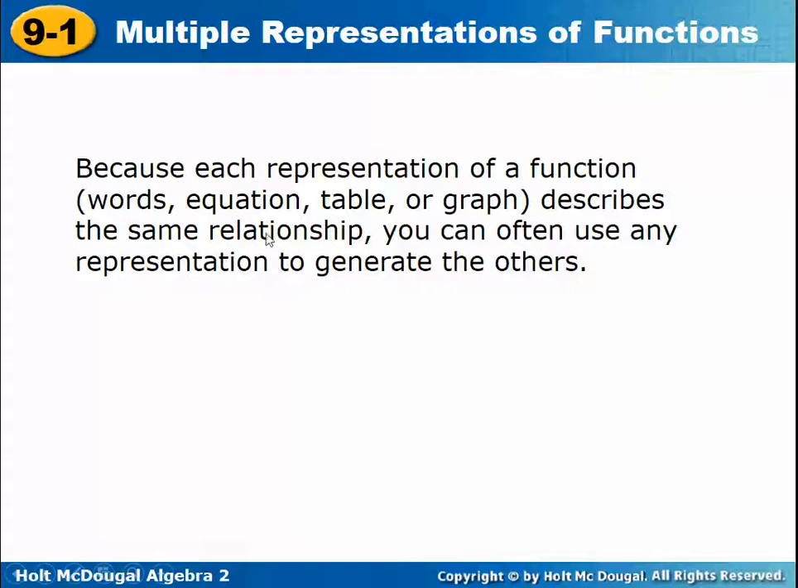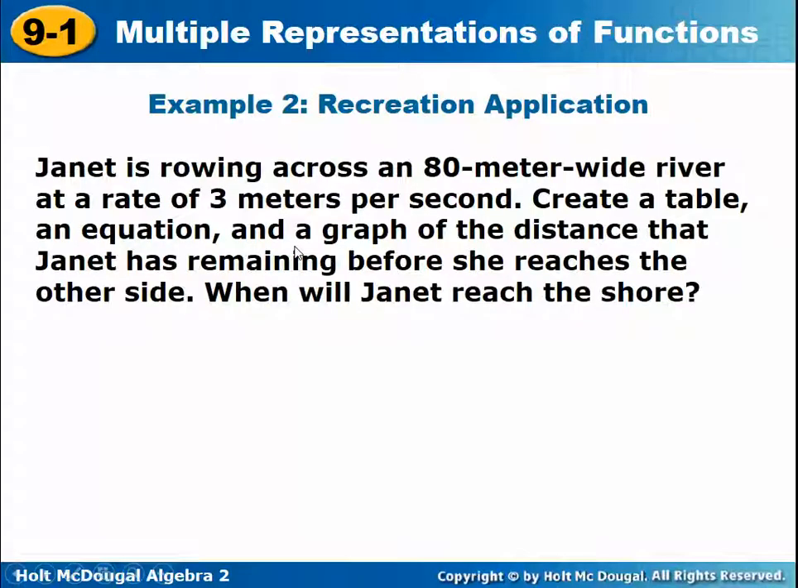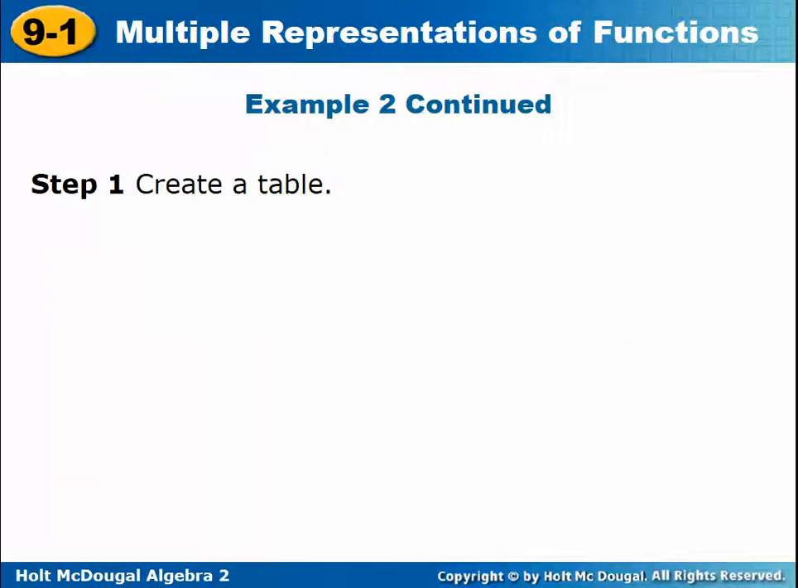Because each representation of a function, words, equations, tables, or graph, describes the same relationship, you can often use any of those to generate the others. So we were using verbal to make a graph, but we can do more than that, especially if we have actual data. Like in this case, Janet is rowing across an 80-meter wide river at a rate of 3 meters per second. So we know how wide the river is, we know how fast she's going. Create a table, an equation, and a graph of the distance that Janet has remaining before she reaches the other side. So we're starting with the 80, and then